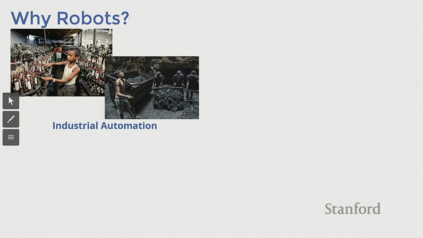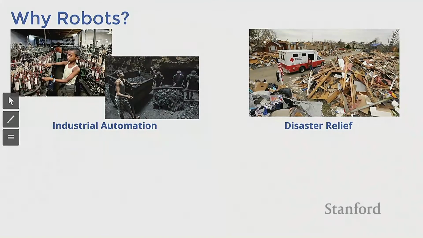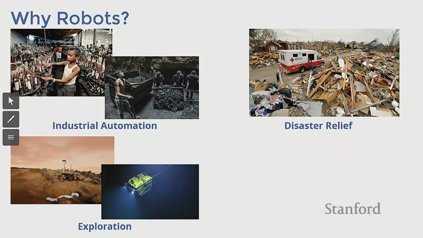What I would like to see in 10 years, 20 years, is robotics everywhere in industrial automation. I want to replace every single child mining coal in Thailand with a robot that can do this without having to break their bones over endless shifts of work. I want robots to help with disaster relief, with all of the weather changes that we have nowadays, which are getting more and more violent. I want robots to be able to explore the world, both the underwater world and other planets.